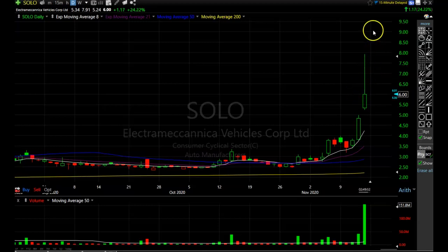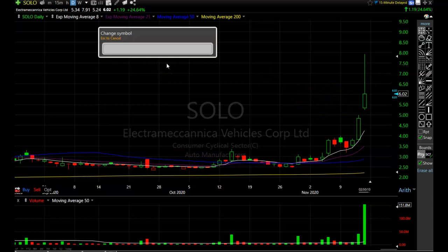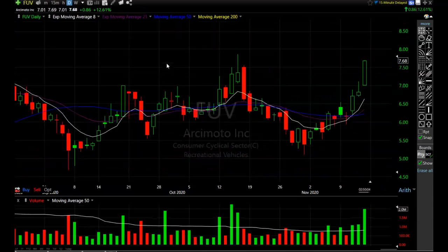Now, if this thing explodes over 10, of course, I'm going to feel like a knucklehead. But as a rule, if you get those huge moves, that's when you want to be ringing the register, at least on part of it. I sold out all of it, so I am officially out of Solo. But I did check out another EV stock that looks like it could be making